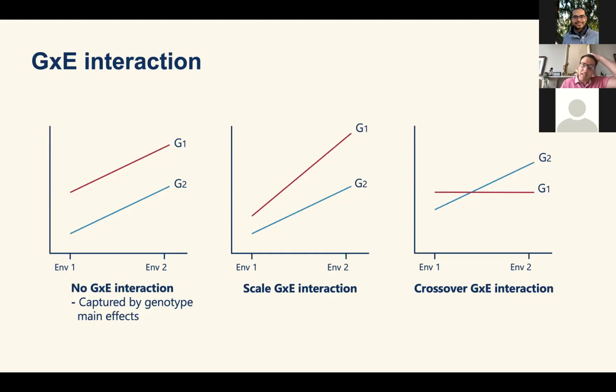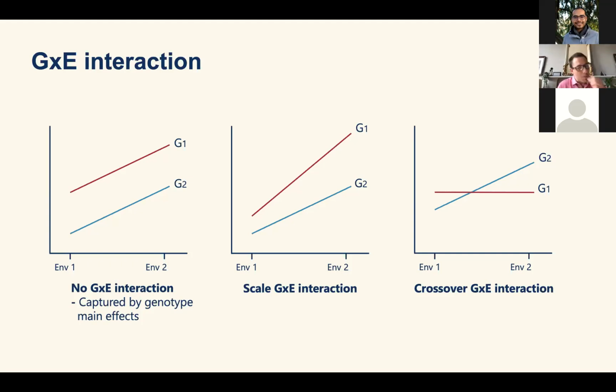So at a very high level, I talk about genotype by environment interaction. We broadly classify it into two categories. The first, apart from when we talk about no GxE interaction, is when I have environments 1 and 2, and within those environments, I have the performance of genotypes 1 and 2. Since the lines are parallel, there's no interaction. So it's just that old classical interaction plot. And what we can see there is that although the performance increases in environment 2, the rankings don't change. So we basically say that there's no GxE interaction observed in that figure.